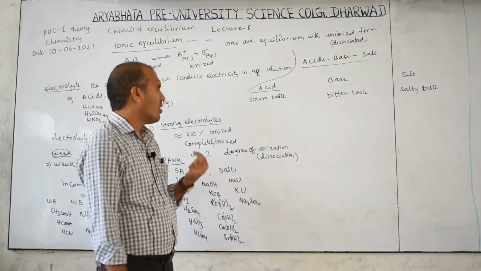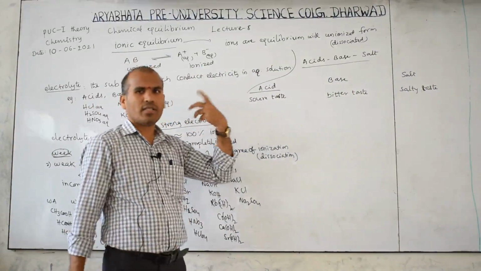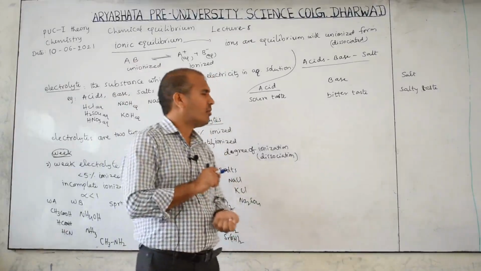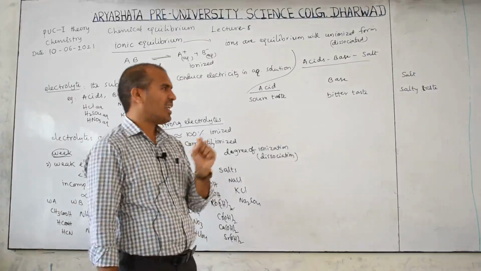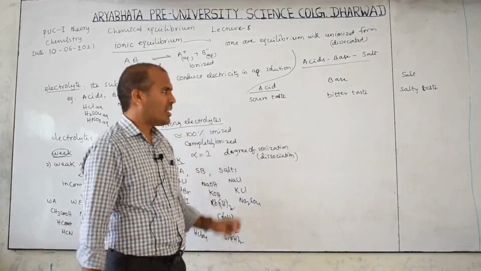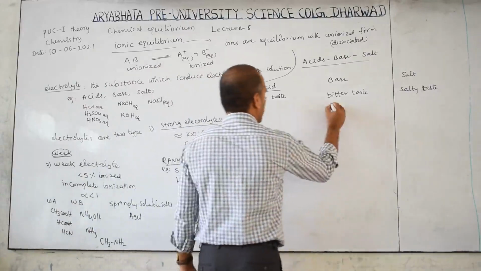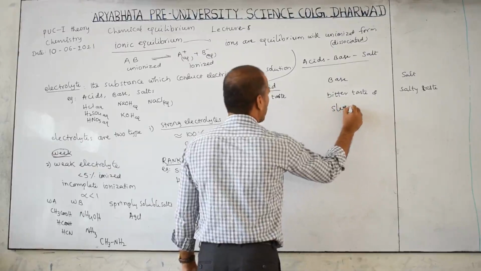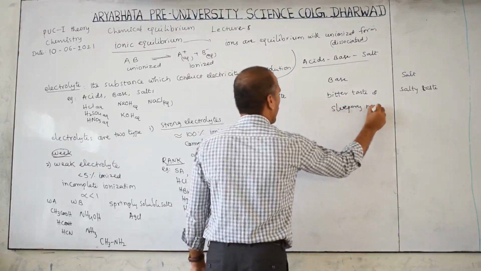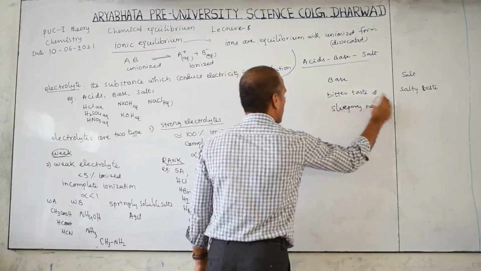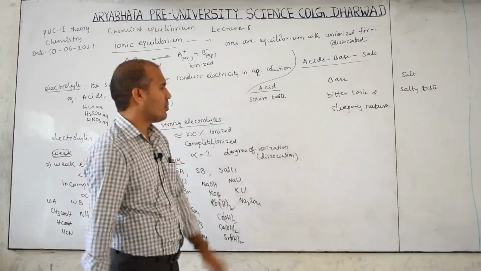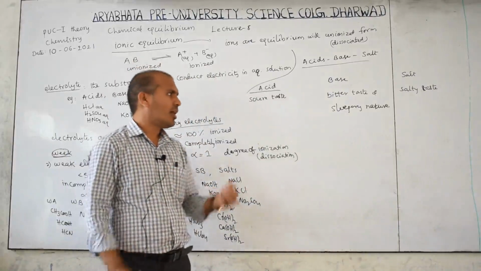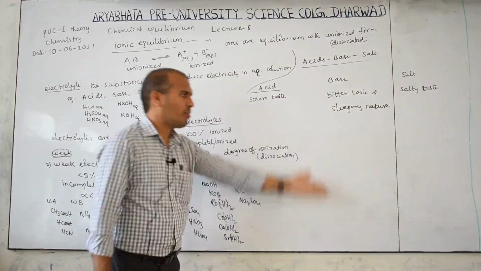But whatever acid is present in our laboratory, we cannot taste it, because that is very harmful. For example, soap, meaning detergent. If you taste it, it has a somewhat bitter and slippery nature also. Slippery nature means it slips like this. When you use soap on your body or on clothes, it will compulsorily slip down.